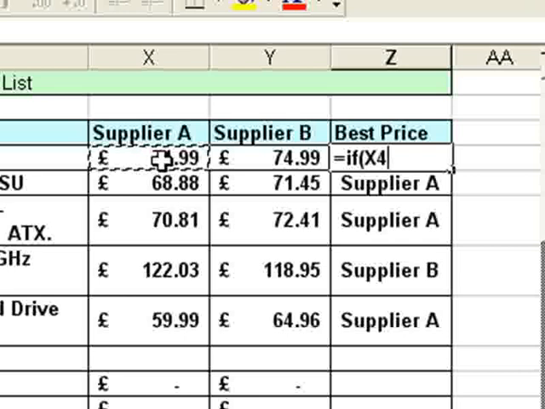So I'm going to click on $74.99, or the price that's in X4, press equals, and click on the value in Y4. So that's my first question, is X4 the same as Y4? If that's true, what do I want to have happen? Well, type a comma first of all to separate the different arguments in the function, and I'm going to have the word tie appear. So again, between quotation marks because it's text,